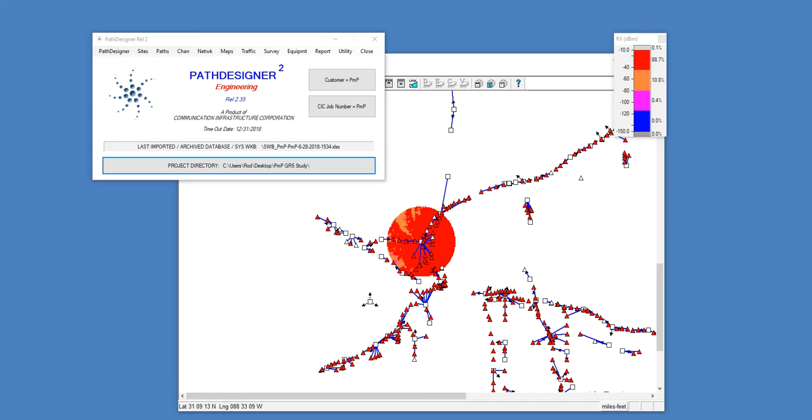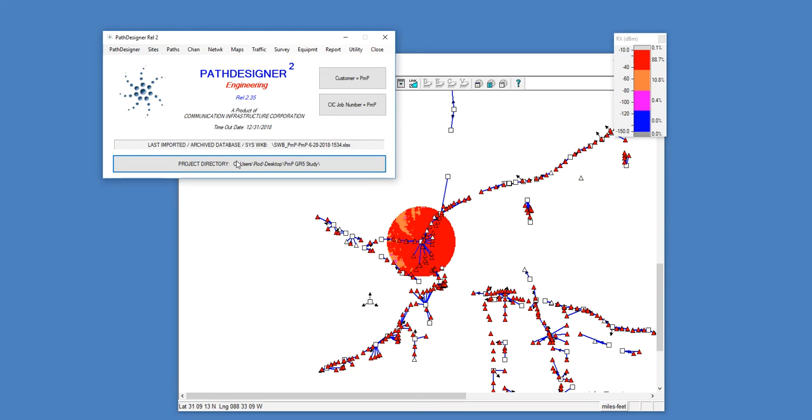This video will demonstrate the new point-to-multipoint capability that's been added to Path Designer. On my screen, as you can see at the top left, is the Path Designer main form. Behind it is a PathLoss GR5 map showing a large transportation network or project consisting of 580 sites and